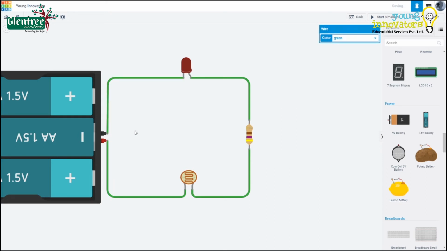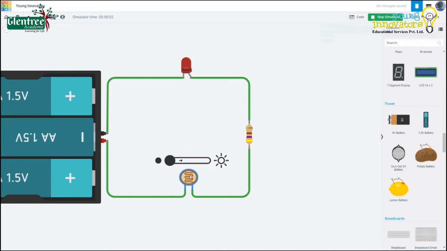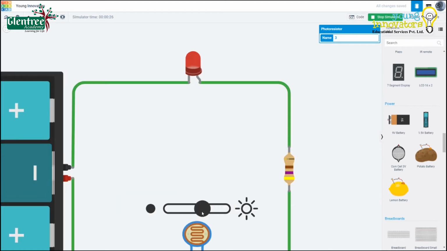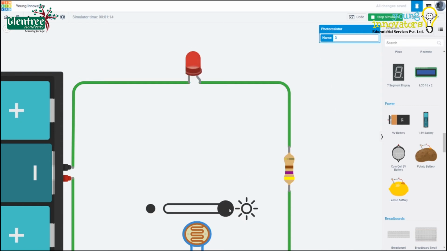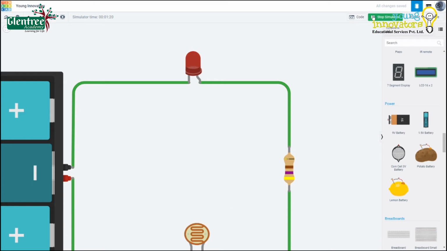This completes the circuit. Now on clicking start simulation, and if I click on the LDR, we get a kind of slider using which we can slide between the bright and dark side of the sensor. And sliding the LDR, we can see the LED glowing and turning off. With this circuit, we understood how an LDR works. If you take an LDR in practical, the output is seen either on closing the LDR completely or by keeping the LDR in complete light.